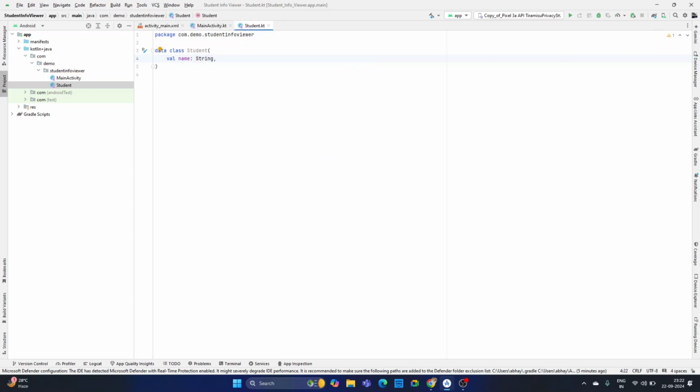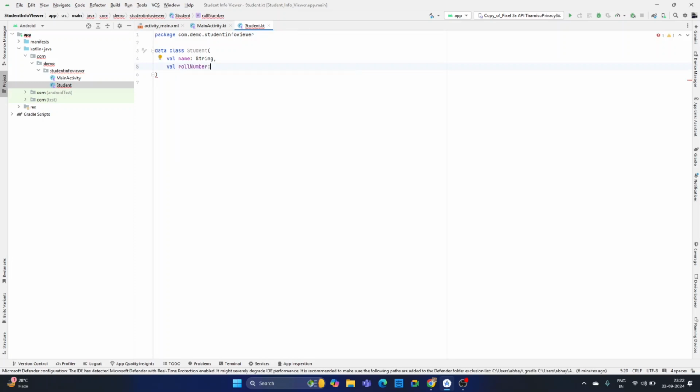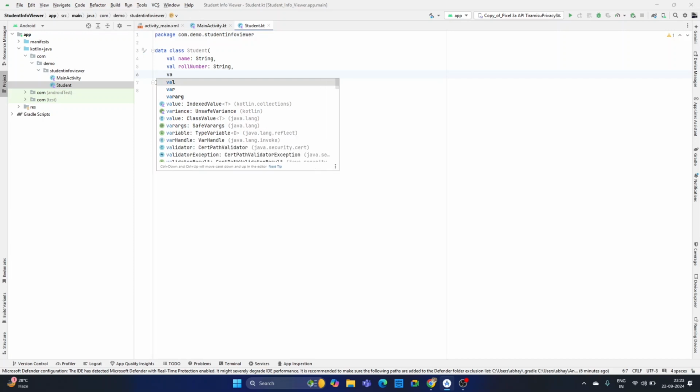Give a comma here, and then the val roll number, which is also of type String, and give a comma here, and after that you have to use the school name here, val